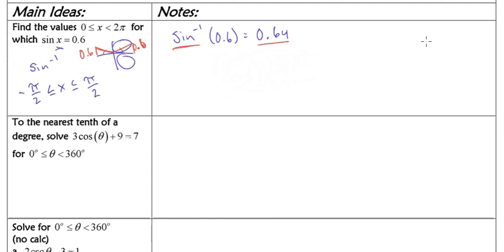And maybe I'm going to draw a little bit bigger sketch. Then we have a triangle here where the y value for sine is 0.6. It's a little bit more than a half, so it's more than a 30-degree angle or more than pi over 6. But where is that going to be over here in quadrant 2? So remember, this reference angle we just found to be 0.64 radians. And so now if we were to draw that out going to the other side into quadrant 2, the same reference angle,